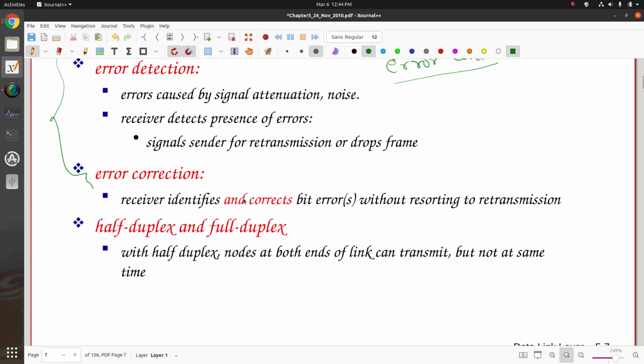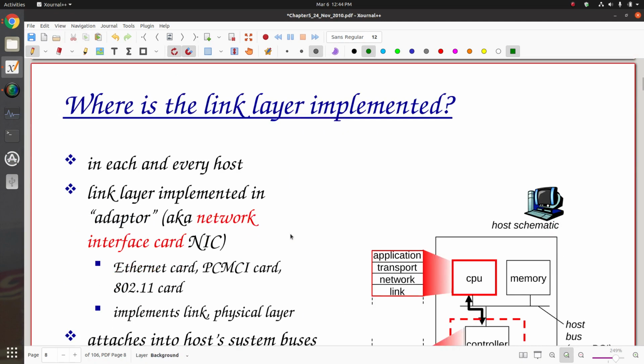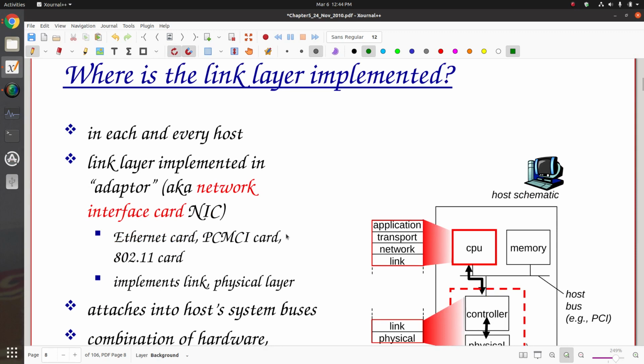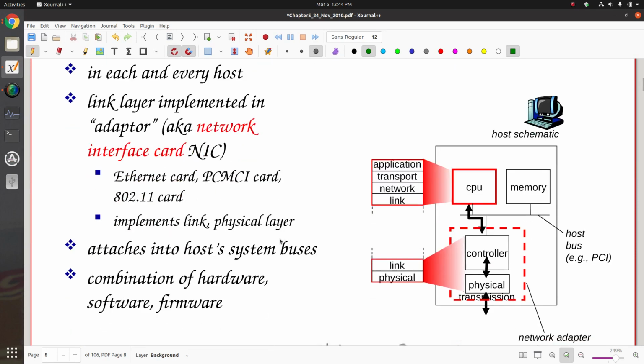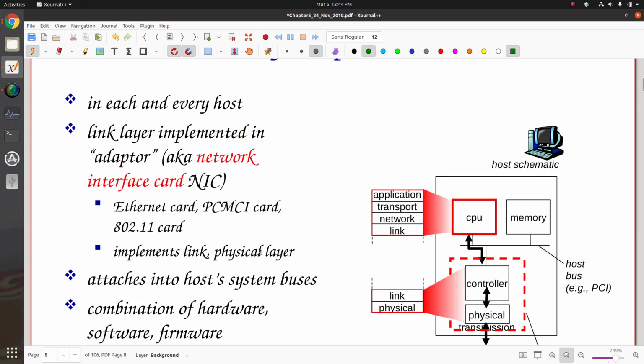Before going to error control, let's try to understand how the data link layer is implemented in a machine. So actually the data link layer is unique in the sense that it is a combination of both things, hardware and software. So your DLL is actually a combination of